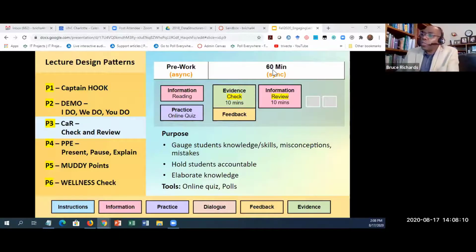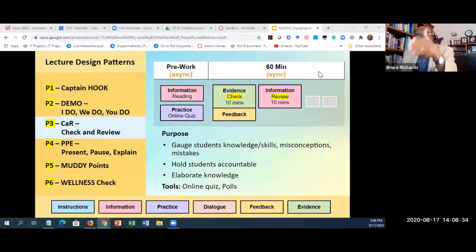So for this one, we decided to use the pre. There's some pre-work. There is some information or a research article that the students have to read, and to hold them accountable, I want them to practice, whether it's an assessment quiz or an assessment assignment. And I'm using that to gauge a student's knowledge by giving them some foundational work.